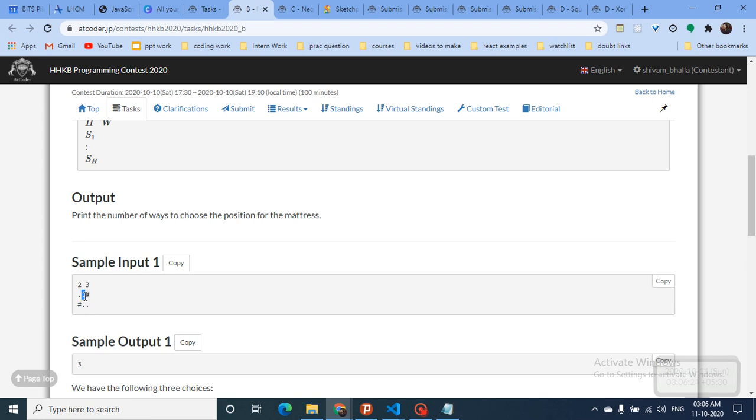For the next block, I will check whether there is a tidy block on the top, left, right and down. There is one tidy block on the left and one tidy block on the down, so this will count as 1 and this will count as 1. As you can see, everything is double counted. When I come to this point, it will count the top one; for this one, it will count the down one; for this, it will count the right one; and for this, it will count the left one. So everything is double counted. The thing here is to just count how many carpets you can lay and then divide it by 2, because you are double counting everything.